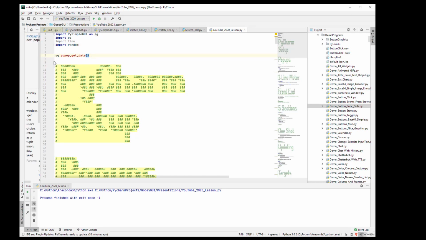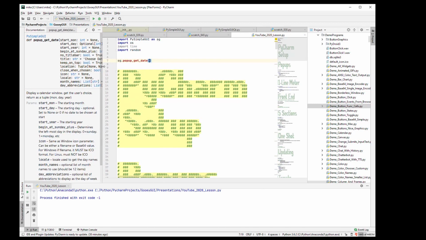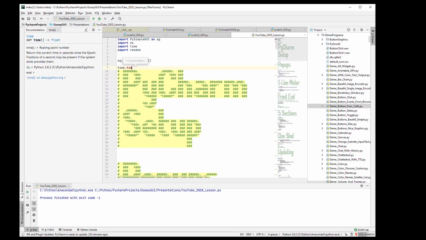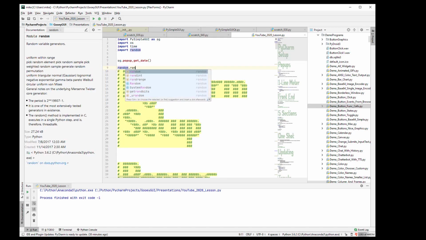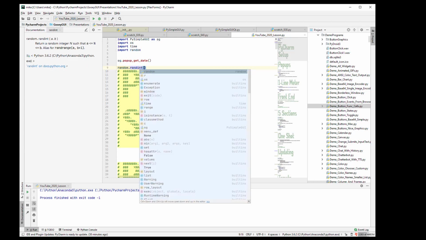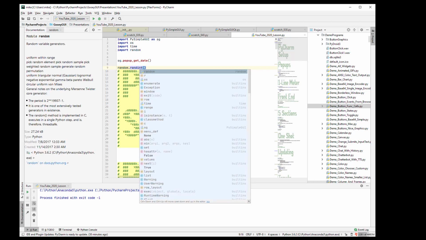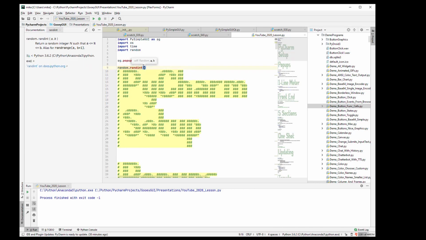When you're coding with PySimpleGUI, parameters are important. That's true with all calls in Python. So hit Control P as you're typing, and you'll see a list of the parameters and what their defaults are. That's true with anything, time.time. Let's say we don't know what that is, and I want to see what the parameters are. There are no parameters. How about random.randint, right? Random.randint. If you're not sure what the parameters are, Control P will bring those up, and you'll see